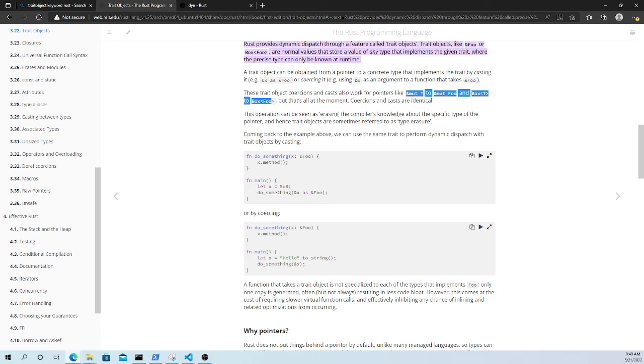So what has this operation been erasing? Sometimes this operation has been seen as erasing the compiler's knowledge about the specific type of pointer, and trait objects are sometimes referred to as type erasure. Okay, coming back to this example above, we use the same trait to perform dynamic dispatch with trait objects